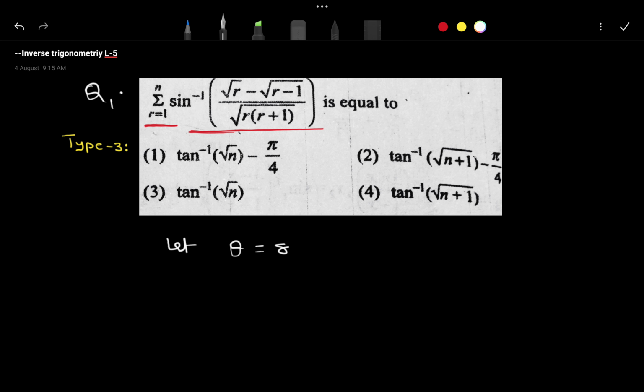So this is sine inverse of (square root of r minus square root of r minus 1) whole divided by square root of r into r plus 1. From this you can write that sine theta is equals to